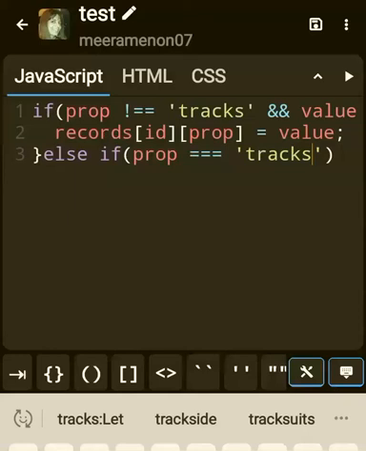So first in this line is if property equals tracks, and then along with it is and, so write the sign for and. The album does not have a tracks property.